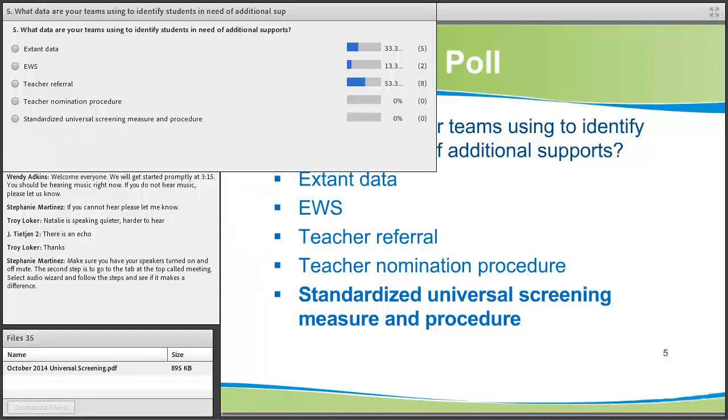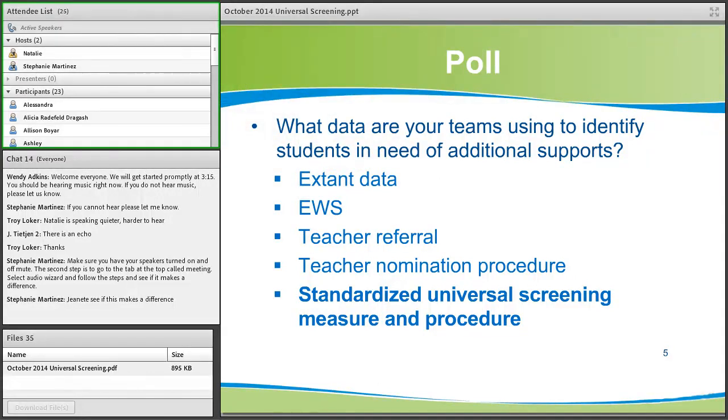Okay, great. So it looks like we have a lot of responses in the area of using extant data as well as teacher referrals to be making these types of decisions. Okay, great. So that fits well within the purpose of this presentation, and that's to introduce using a standardized universal screening measure and procedure. Okay, so to close the poll,